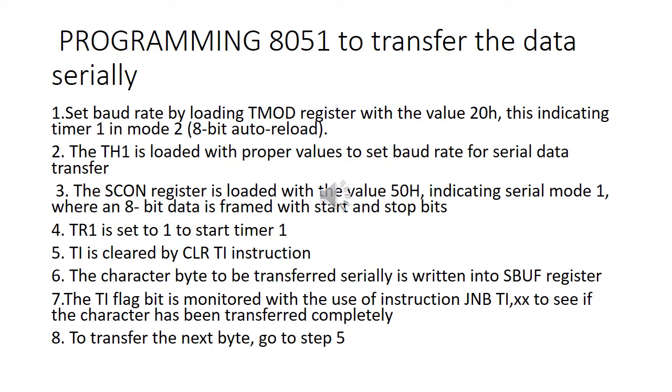It is also called the auto reload mode. Since you want Timer 1 in the mode 2 configuration, in the TMOD register, Timer 1 means you are going to make use of the upper 4 bits. Mode 2 means the D5 bit should be equal to 1. So the equivalent of that is 20H. This value you are going to load into the TMOD register whenever it is Timer 1 in the mode 2 configuration. So in case of serial port communication, you should compulsorily make use of the 8-bit auto reload mode if you want the variable baud rate.